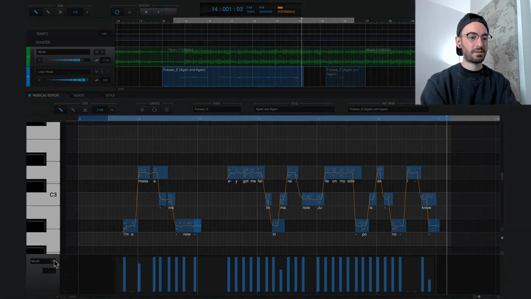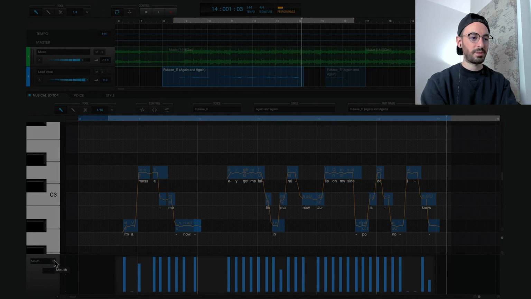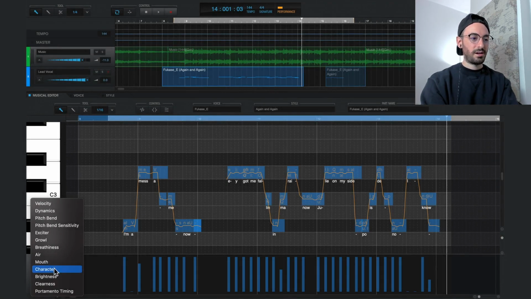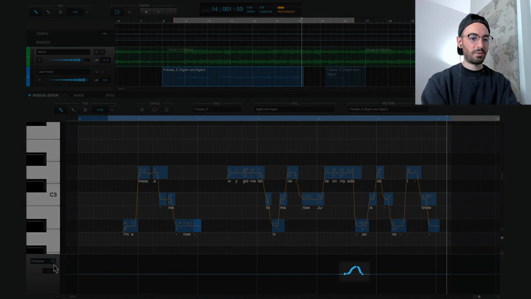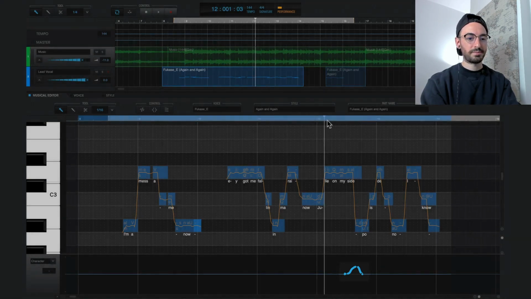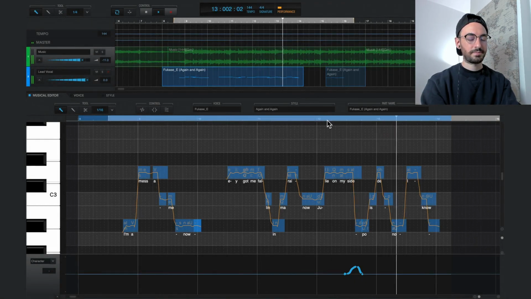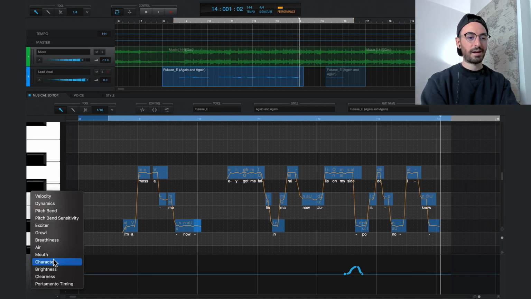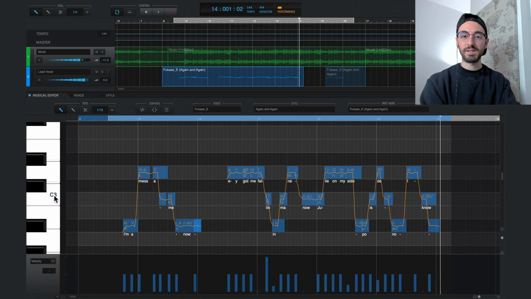Like, for example, mouth. I brought a few of these down a bit to change up the sound. On character, I made this little bump over here. On my side, please be it now, I know. I wanted to bring more of a higher pitch kind of sound to that one little part. So I did that. And you could do that with any of these. It's a really, really nice trick or tip or technique, anything you want to call it, to add to your music. All right, that's it for these tips.